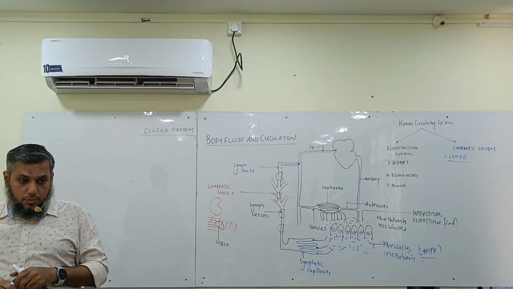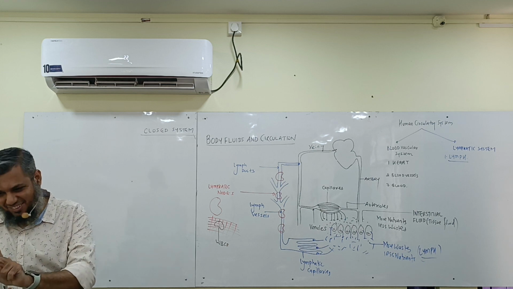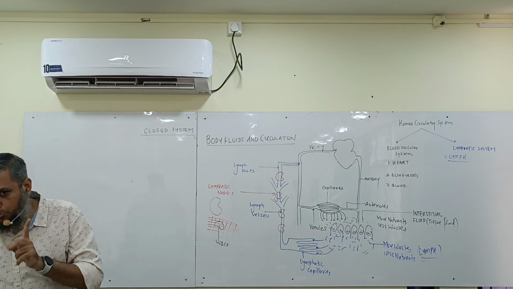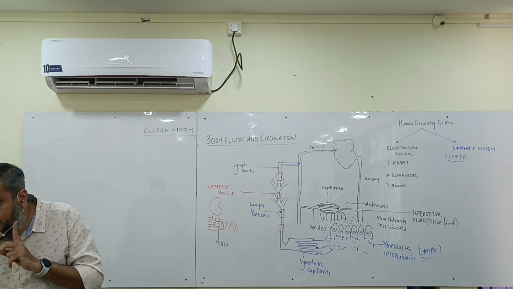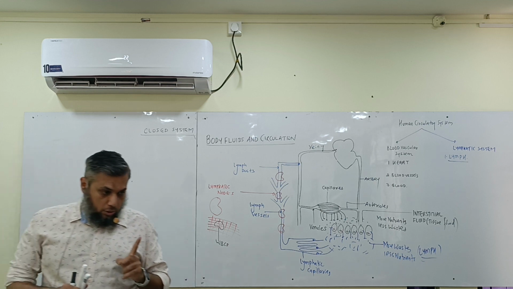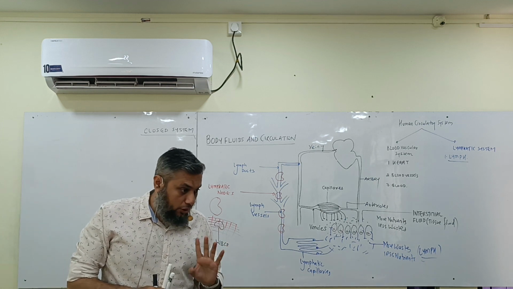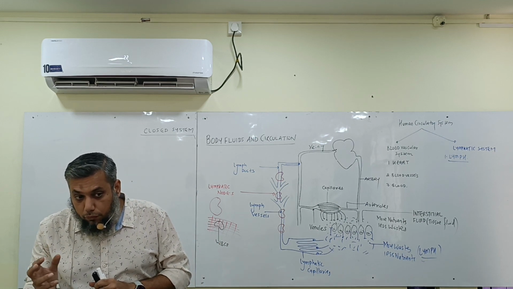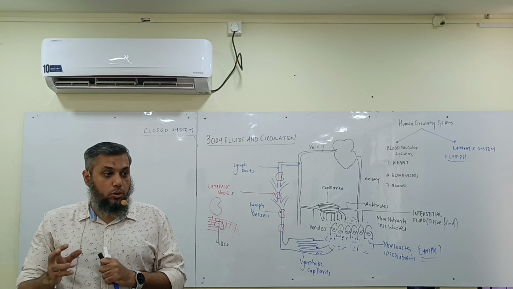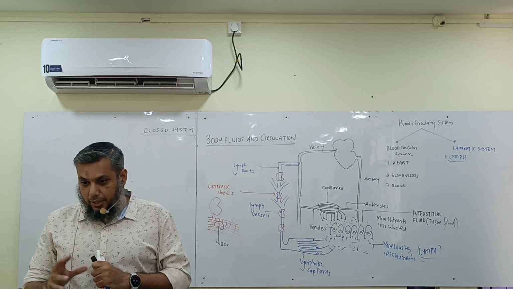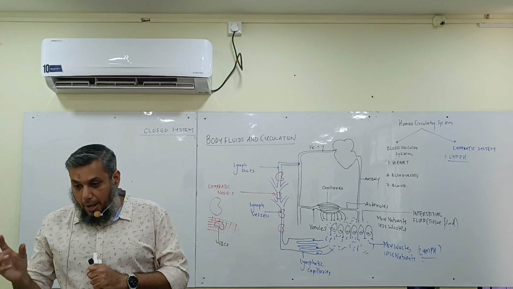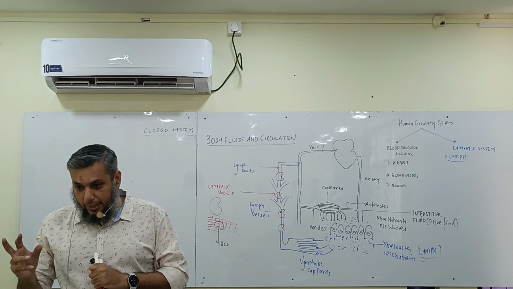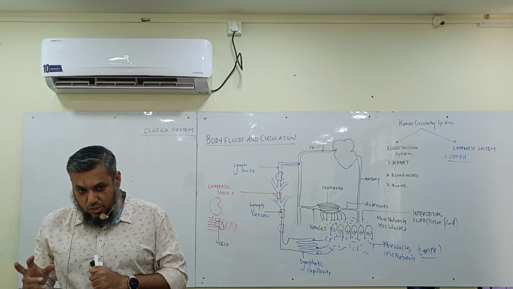Filtered of what? Metabolic waste? Not metabolic waste. Removal of metabolic waste is the job of your kidney. Not cellular waste, not nitrogenous waste. That is the job of your kidney. The lymph nodes will filter your lymph of what? Debris, cellular katsara, dead cells, pathogens like bacteria, cancer cells.